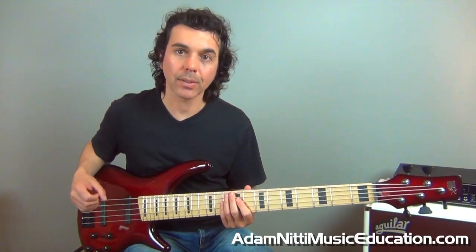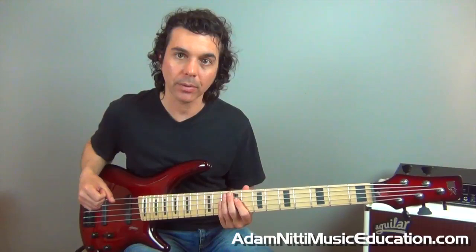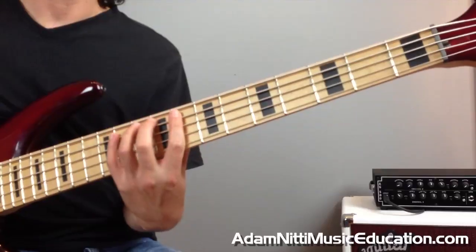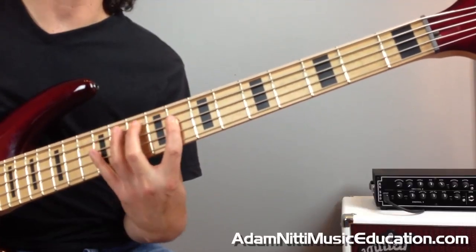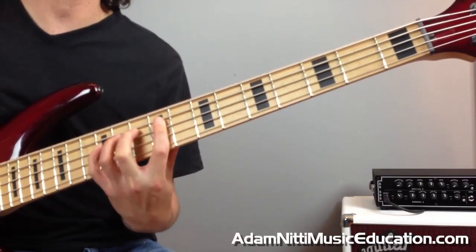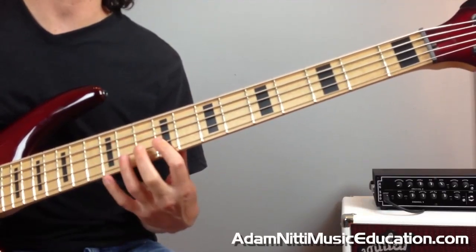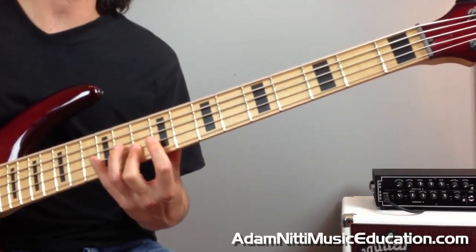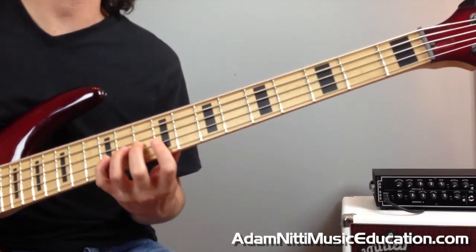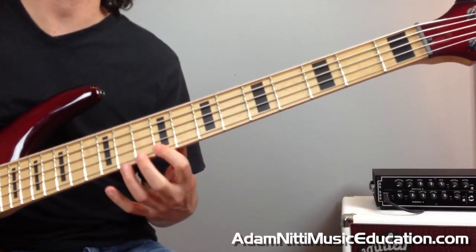Sequence fours takes the same concept. We're going to go 4 notes in a row from each of the individual scale degrees. So that's going to go 1, 2, 3, 4, 2, 3, 4, 5, 3, 4, 5, 6, 4, 5, 6, 7, 5, 6, 7, 1, 6, 7, 1, 2, 7, 1, 2, 3, 1, 2, 3, 4, 2, 3, 4,